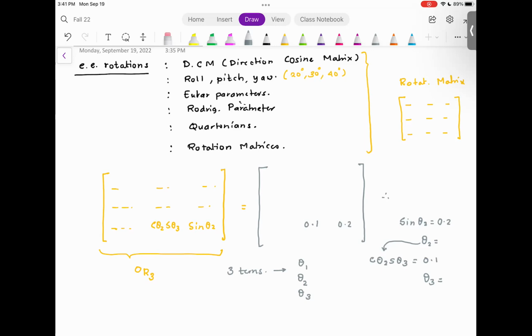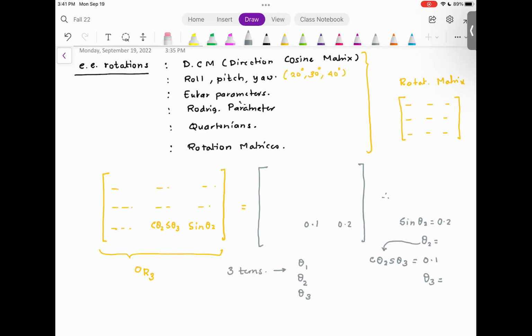Everyone understood this? Now, please understand, the trick here is, just like inverse kinematics for position, since these are trigonometric relationships, the same answer can be achieved in different quadrants. So just be mindful of that. So if you use MATLAB, and if you use a sine 2 or a tan 2 or a cos 2,